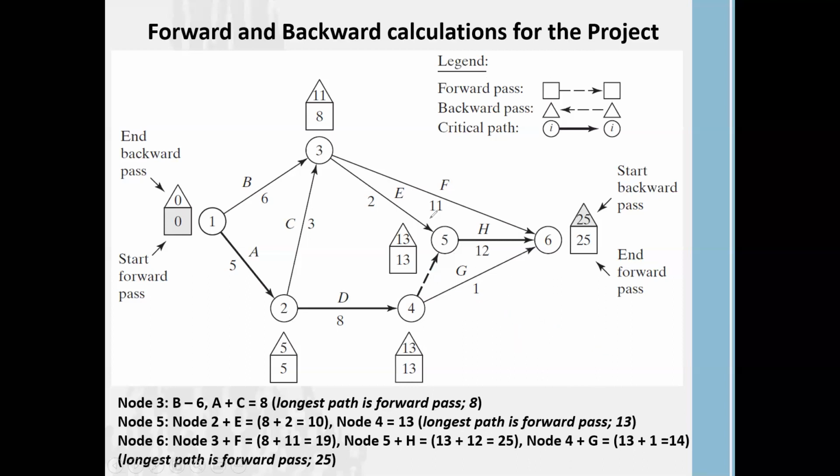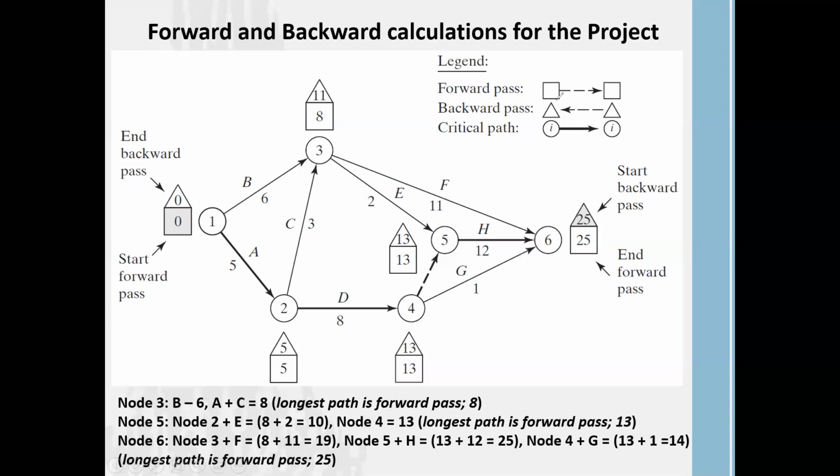Now, because task 5 and task 4 don't have any connection here, in order to make the connection between them, we prepare a dummy path. You don't need to worry about those things. If you need to prepare a dummy path in your network, you will get the full explanation regarding it. Based on this example, you can see that from task 4 to task 5 there is a dummy path. Just remember that.